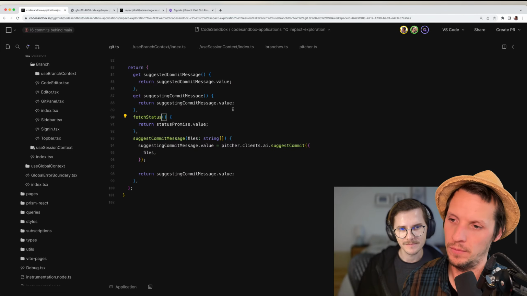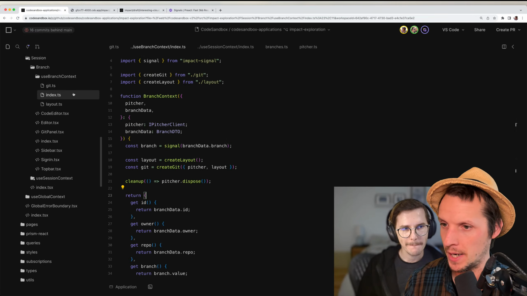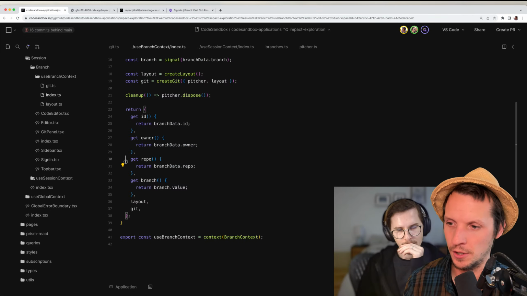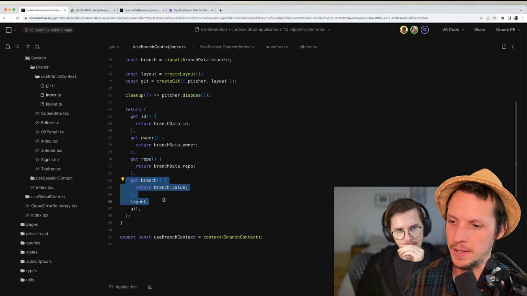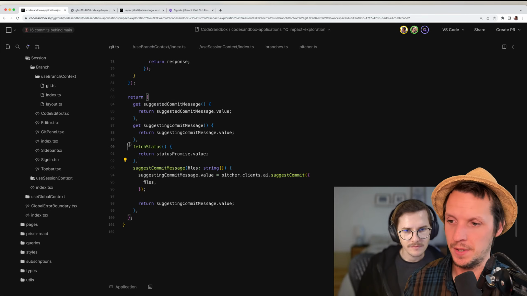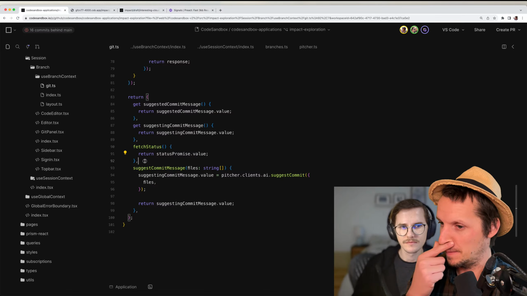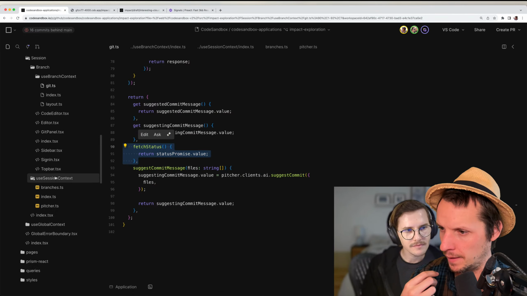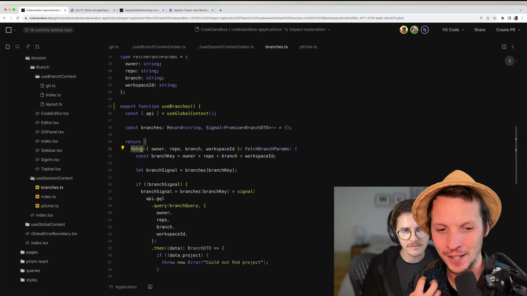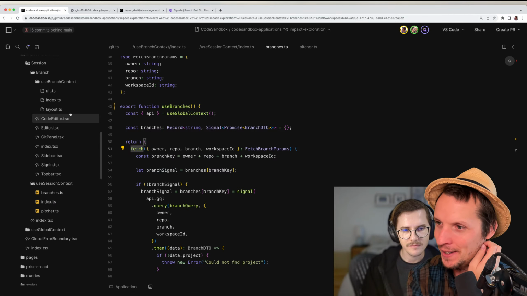I think that makes a ton of sense in, for example, branch context. We're returning the ID, we're returning the owner. This is synchronously accessible state. It makes a ton of sense to use a getter for that. But then you have this promise that might be resolved or might not be resolved. With branches, it makes a ton of sense that you call that fetch, because every time we consume this, we are actually fetching the branch.